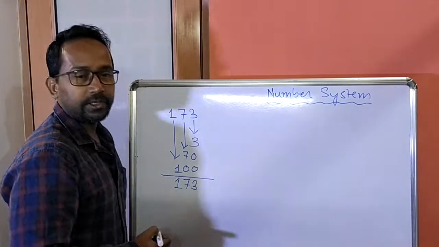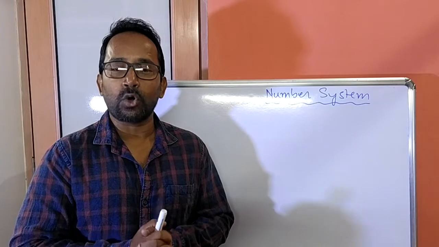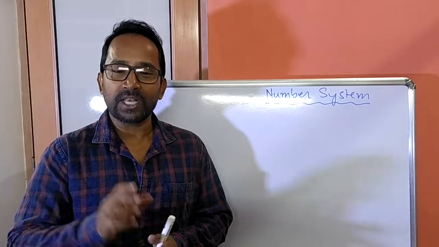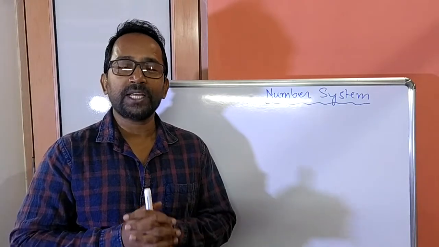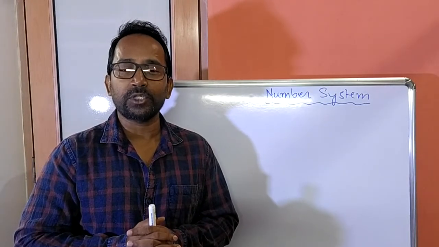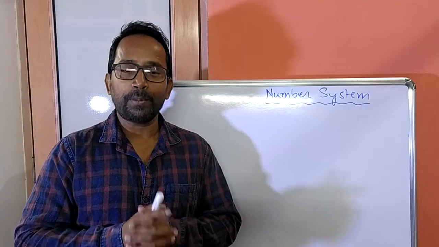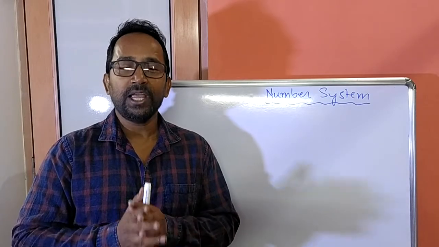173. The total number of digits used in the number system to represent a number is called its base or radix. The base has to be written after the number slightly below the baseline as a subscript. So this base or radix plays an important role in determining the positional value of a digit in a number. In positional number system, a number is represented in a way that depicts the position of the value of each digit using the base of the number system.